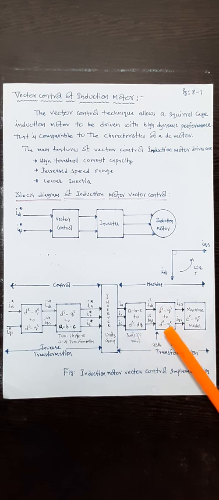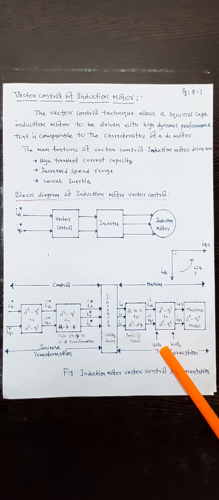These currents are processed through a controller, where the direct axis as well as quadrature axis stator currents are converted into the machine DQ model, that is the synchronous rotating reference frame, with the help of reference signals cos theta e as well as sin theta e. With these two reference signals, they are converted into IDS and IQS. These processes develop the machine model. The machine model is nothing but a synchronous rotating reference frame, so it's a DQ model.